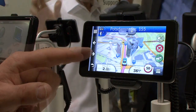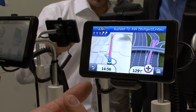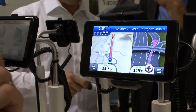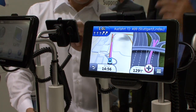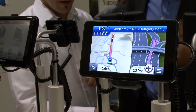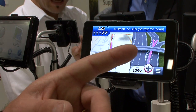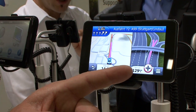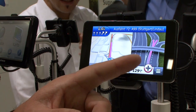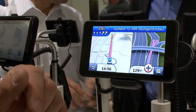And another new thing which we brought into the Guidance 3 is what we call bird's eye view. This shows, particularly in terms of complex junctions where you have one maneuver almost directly after another, which can sometimes be very confusing and hard to communicate. But this comes out and shows from a high level where there's a maneuver directly after the other. So here you've got one where you have to pull off on the right hand side, and then almost directly afterwards you have to make sure you're in the left hand lane. So